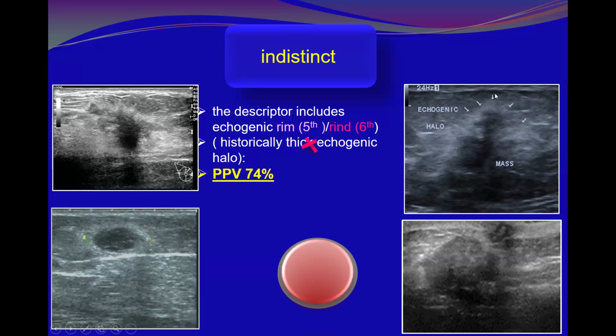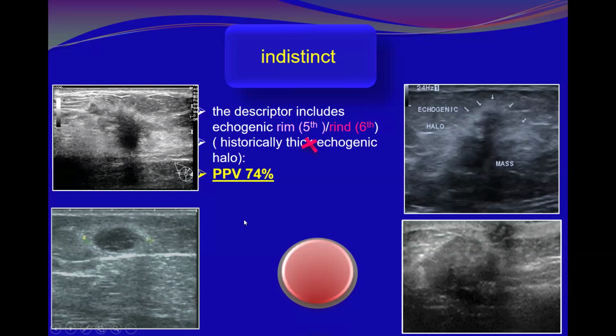Now it is echogenic rim, not necessarily completely surrounding. Here, you have seen it is partially surrounding these lesions. And also this one, partially surrounded by hyperechogenicity. This is my patient, you see, this oval parallel lesion, but it is indistinct and surrounded by a relatively thick hyperechoic layer, making the lesion indistinct.